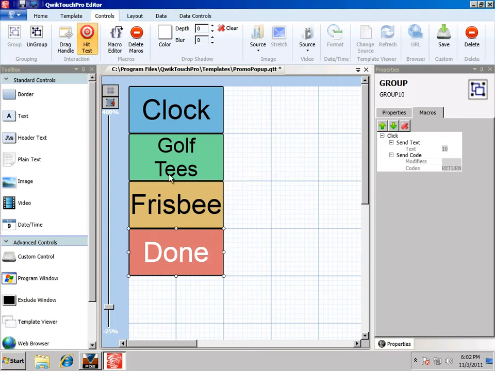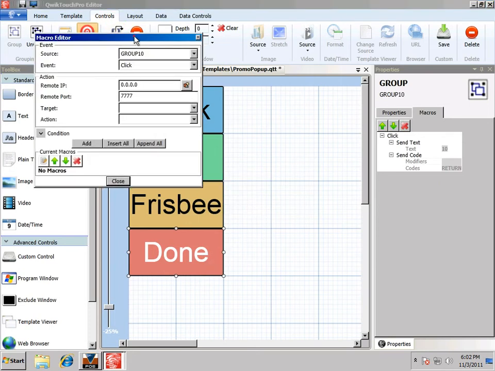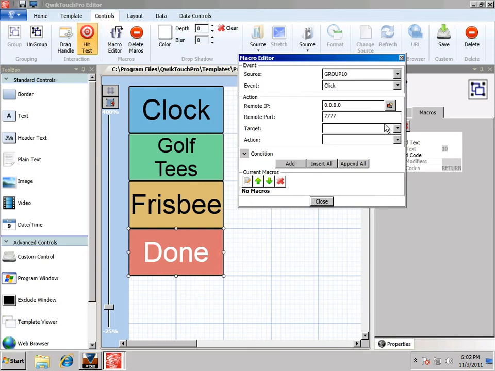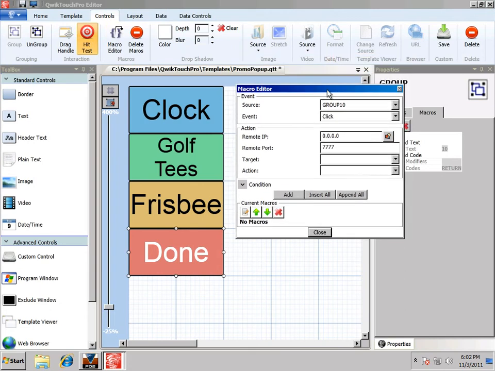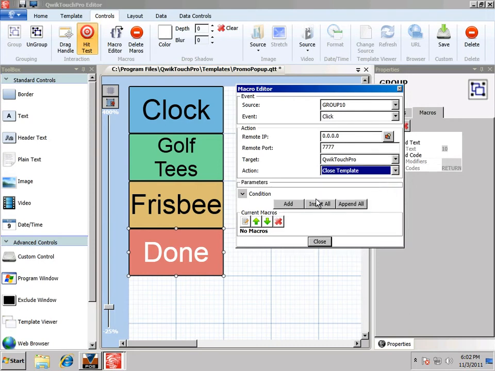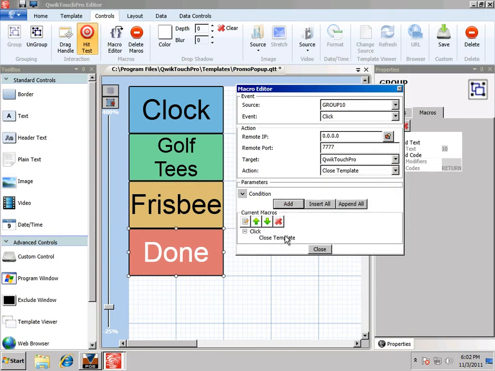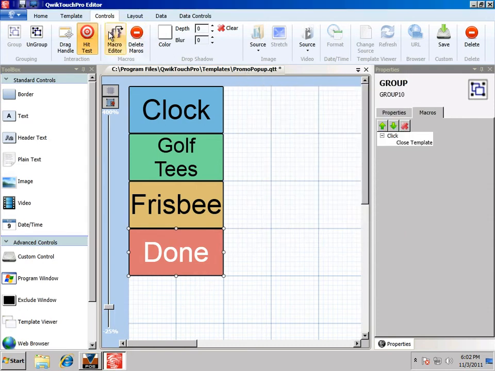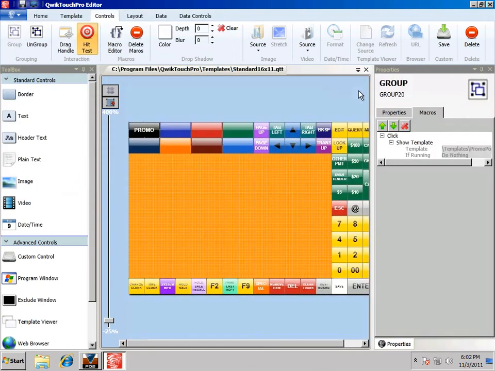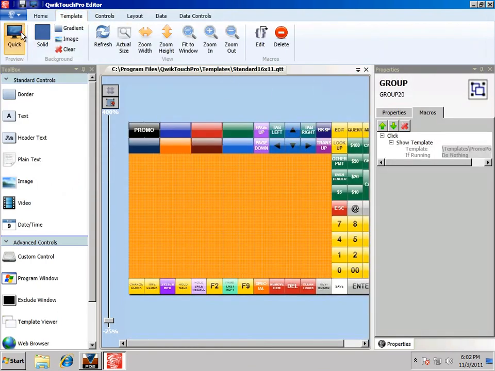And now we want to add a new macro to that, so we'll go into Macro Editor. And this one is going to close this template. So let's go to QwikTouchPro, Close Template, click Add. So when you click this, it's going to close template, which means close this template, the one that the Done button's on, which is the promo pop-up. So we hit Close, we'll go over, we'll save our template, back to our standard 16 by 11 template, preview,